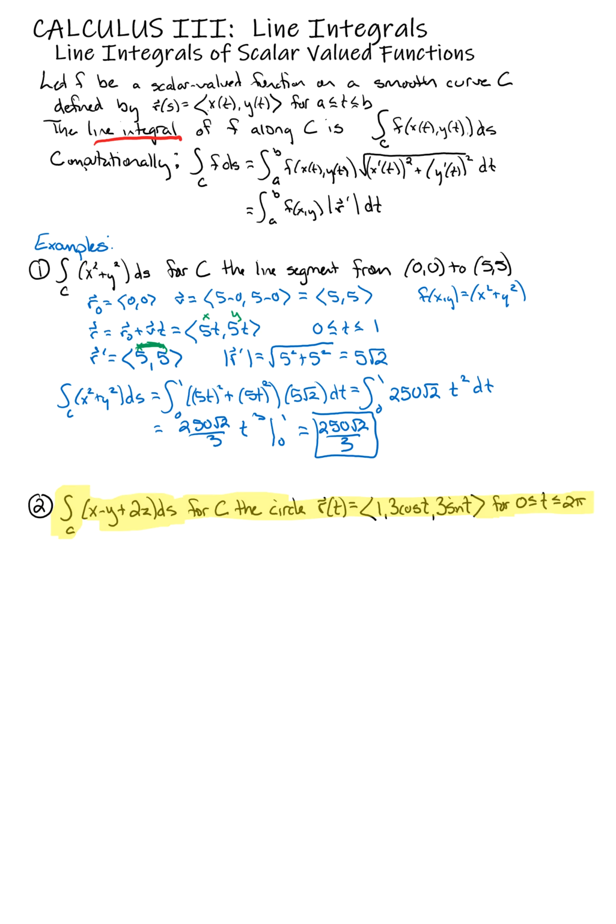And in this case, t will go from 0 to 2 pi. All right, in this case, we're given r. We did not have to determine that on our own,